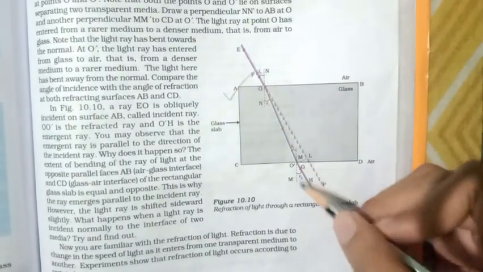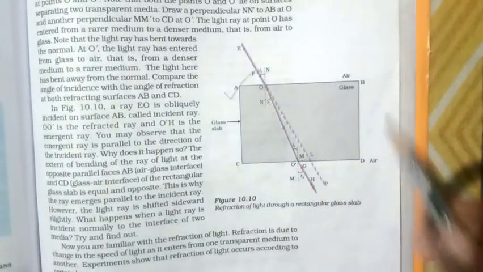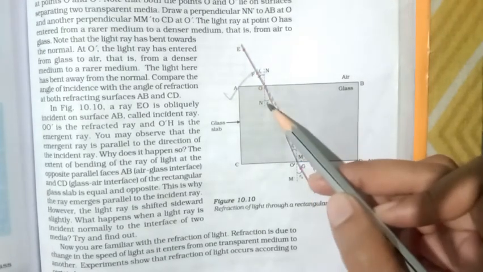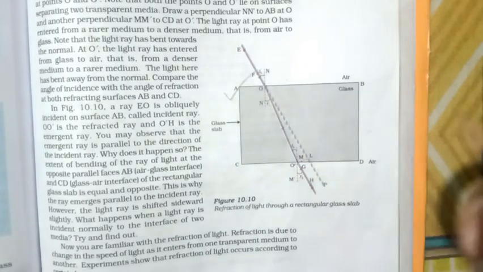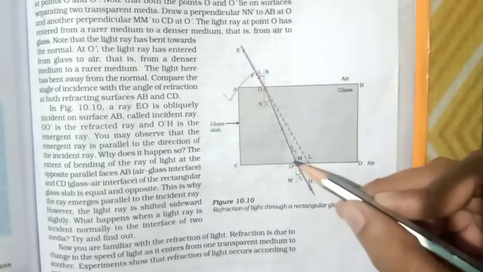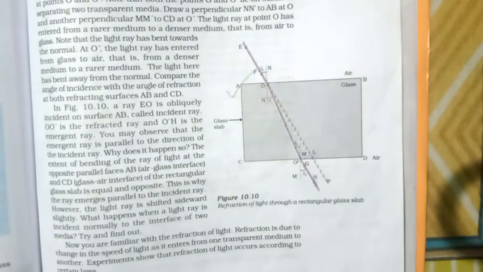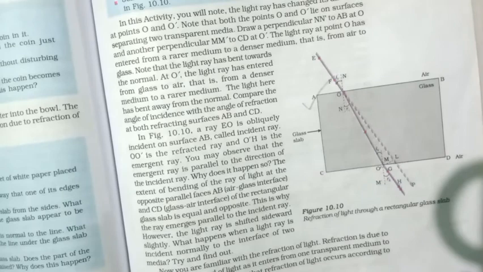So this is the normal, this is the normal. This is the labeled diagram. Nothing much. A, B, C, D. This is labeled N dash, normal. Then I, R should always be equal. This is O, the transition point. O dash is also a transition point. This is called the emergent ray, when it goes out. Through this diagram it looks so hard, but it's so simple. A majority of the part I've told you in the definition of refraction only. So that's done.